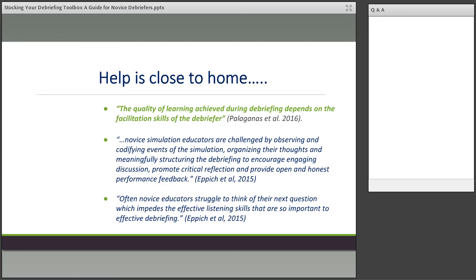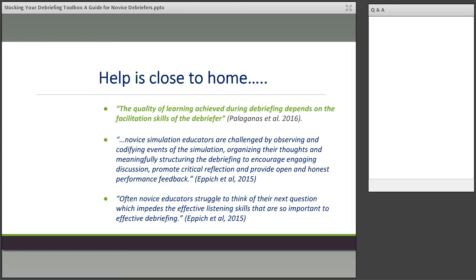But I want to start out with this quote. "The quality of learning achieved during debriefing depends on the facilitation skills of the debriefer." So just because you have a debriefing room and some chairs around a nice table doesn't necessarily mean you're getting effective debriefing. It's not an innate skill. It's something that needs to be learned,